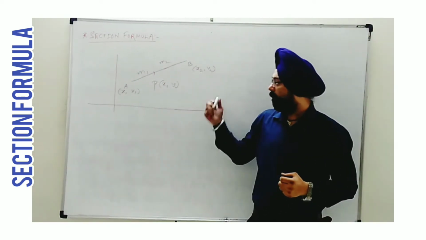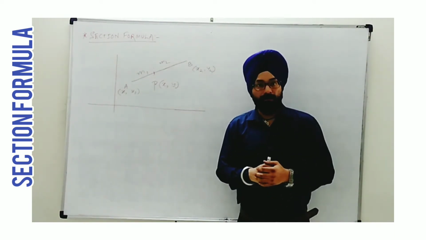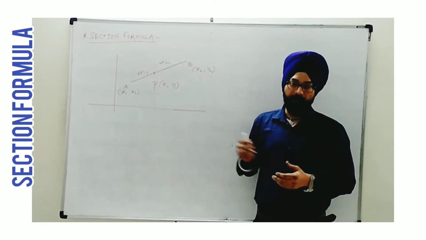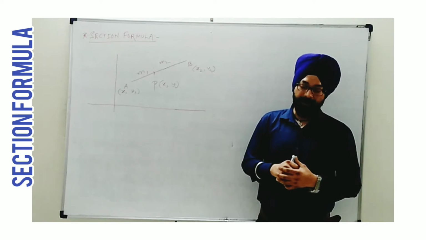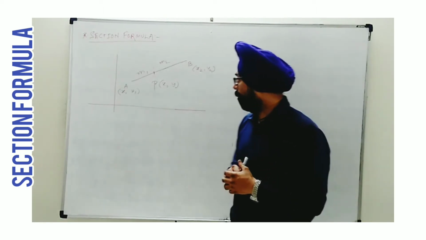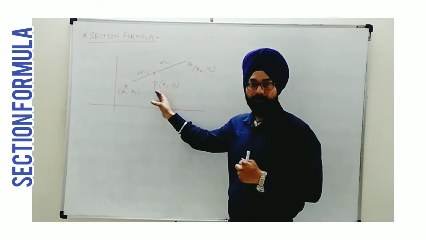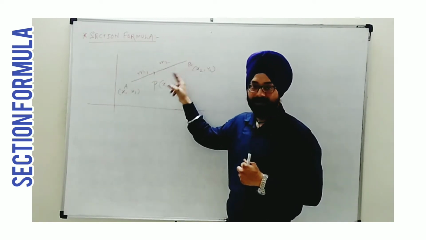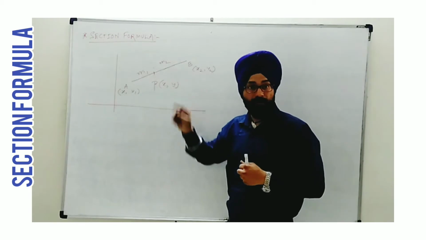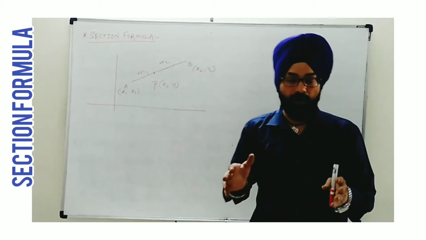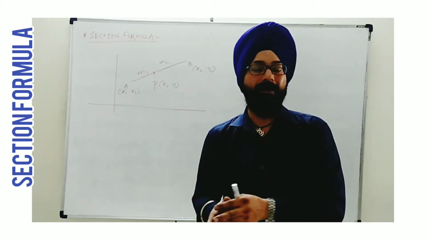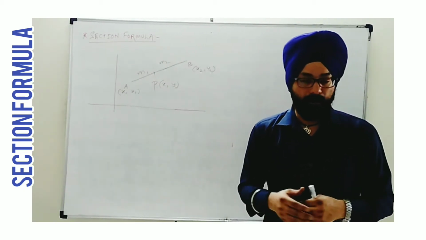Hello everyone. Here in coordinate geometry we are going to see the next topic after distance formula, namely section formula. Section formula is one of the most important topics here in coordinate geometry. This helps us to determine the ratio in which the line segment joining two points is divided by a given point. This formula is applicable in all those cases where points are collinear. Whenever 3 or 4 points lie on the same line, they are said to be collinear.